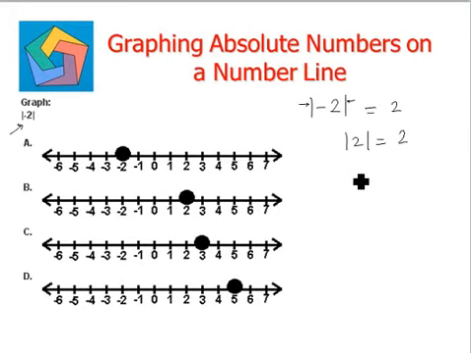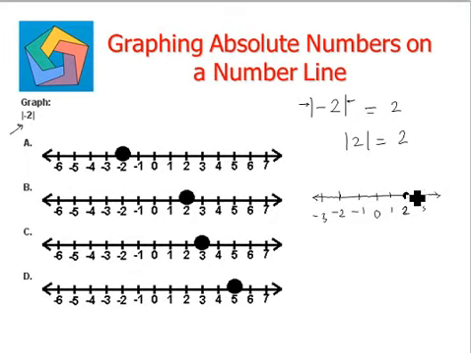On a number line, we can say that this is the distance, or how far a number is from 0. So, if we just put this on the number line, I'm drawing a rough one. Since the value of absolute of -2 is a positive 2, the graph would look something like this. That is a hard or a dark dot at a positive 2.